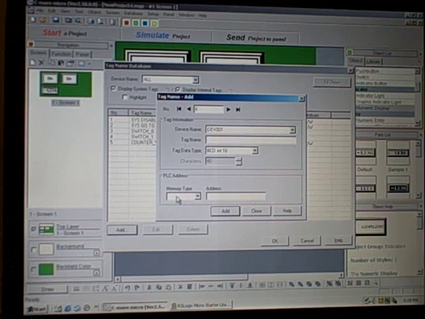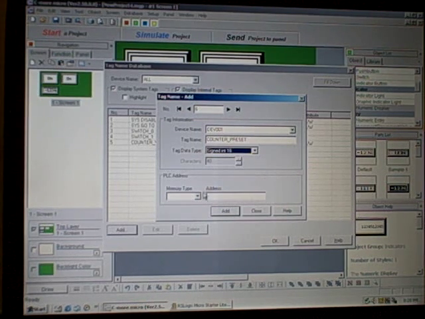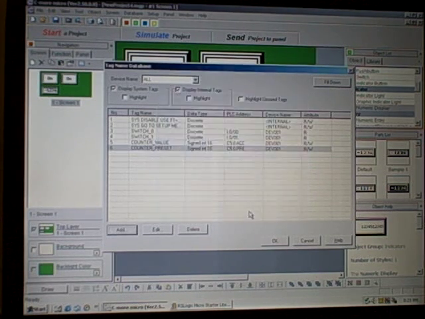So I'm going to add a tag. I'm going to call it counter preset. This is going to be a signed integer, 16-bit, and it's going to be memory type C, of course, because it's a counter. The address is 5, this is file number 5 in the PLC. It is the 0th counter, and the flag here is going to be the preset value. I'm going to click that and close. So now I have a counter preset tag in my database for the HMI. It's read-write for device number 1,